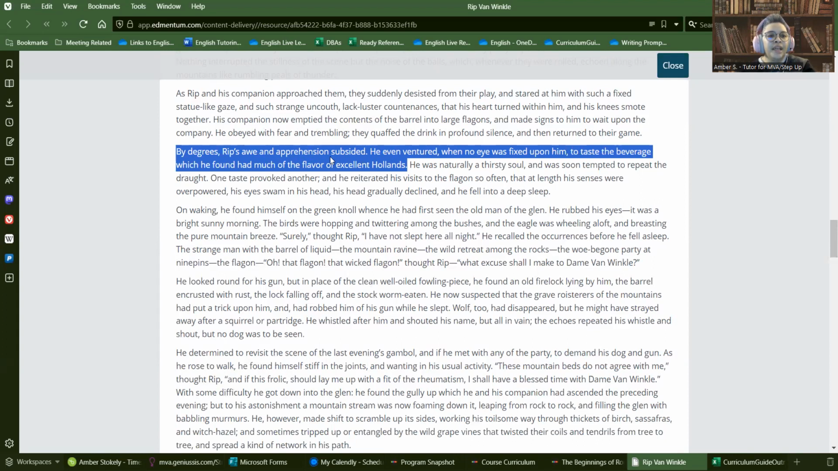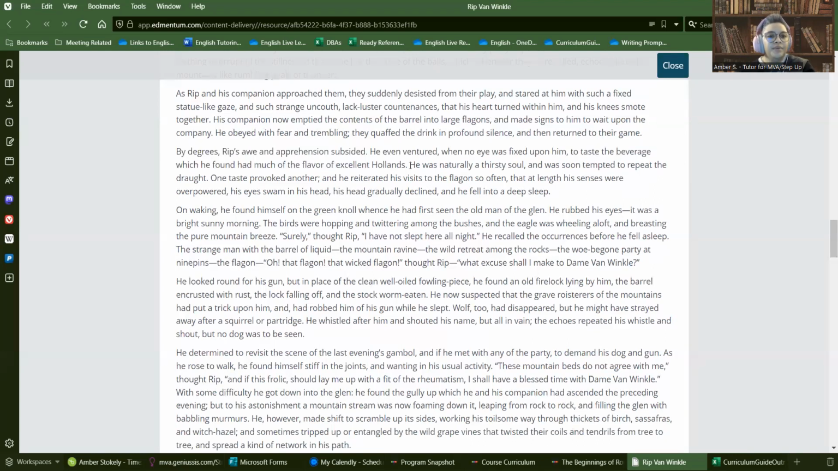And he became less anxious after a while, enough that he was able to sneak a drink. He was naturally a thirsty soul because they had just carried the barrel, right? And soon tempted to repeat the draught. So a draught is like a long drink. So he was thirsty from all the work he had done carrying the barrel, and he was tempted to basically